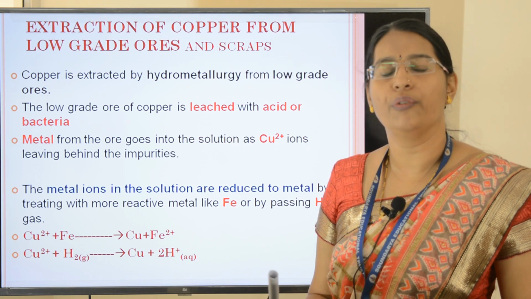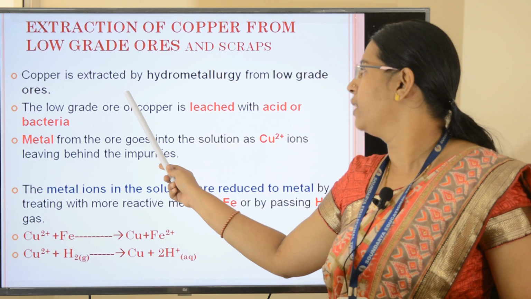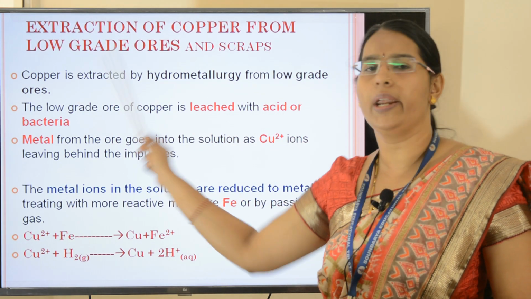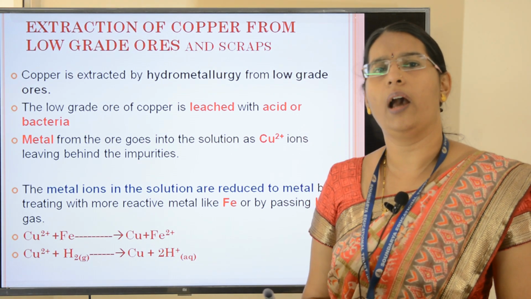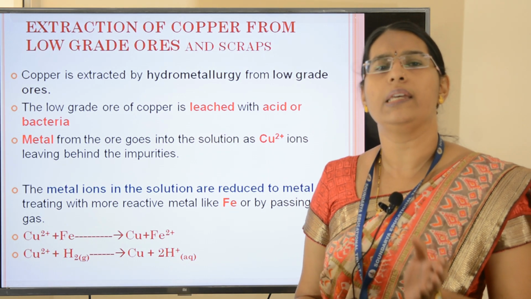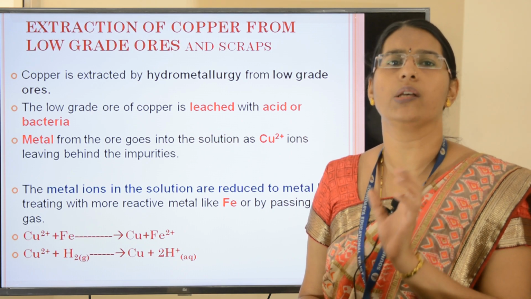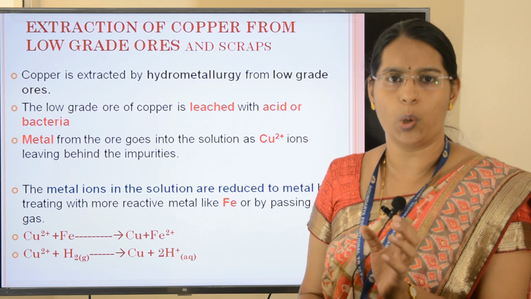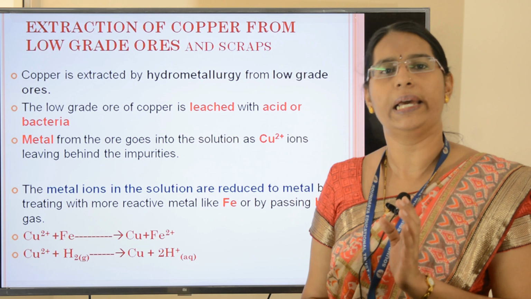Extraction of copper from low grade ores and scraps. Copper is extracted by a process known as hydrometallurgy from low grade ores as well as scraps. What is hydrometallurgy? In a hydrometallurgical process, the concentrated ore is reduced into metal by dissolving it in a suitable solvent. Initially, the ore is dissolved in a suitable solvent, then it is reduced into metal by using a suitable reducing